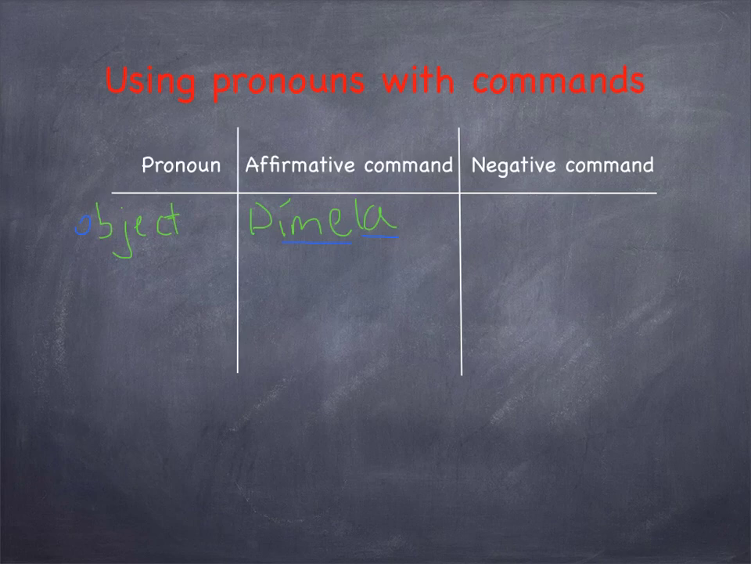And the command form, dímela. In the negative case, I have to say no, then comes the indirect object pronoun, me, then the direct object pronoun, la, and then the verb in the subjunctive form. No me la digas. This is if we're using the tú command. Okay? So now let's talk about